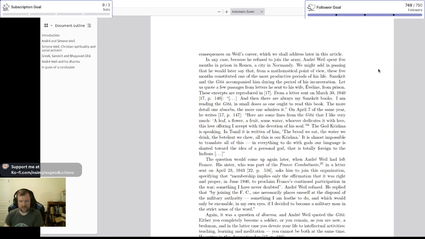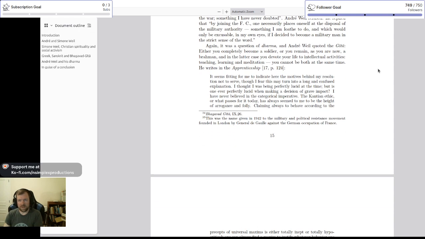Again, it was a question of dharma, and André Weil quoted the Gita: either you completely become a soldier or you remain, as you are now, a Brahmin, and in the latter case you devote your life to intellectual activities, teaching, learning, and meditation. You cannot be both at the same time. As he writes in The Apprenticeship,